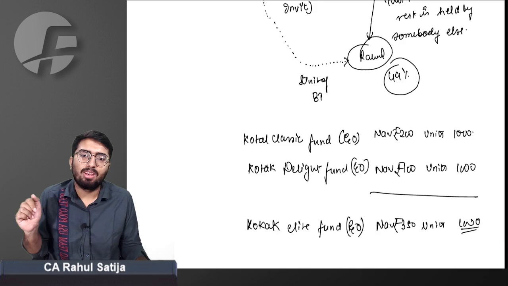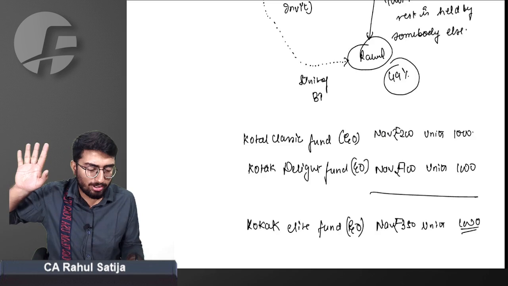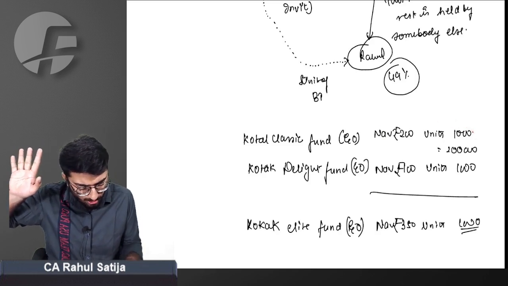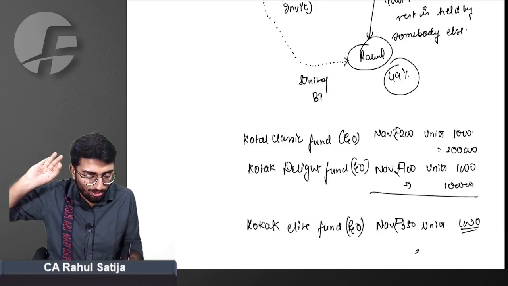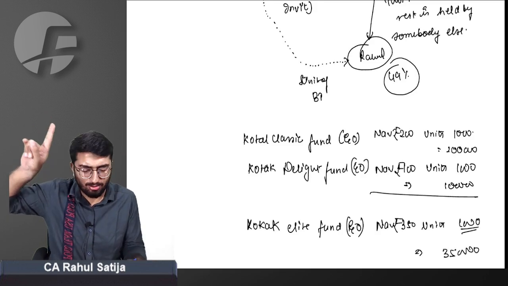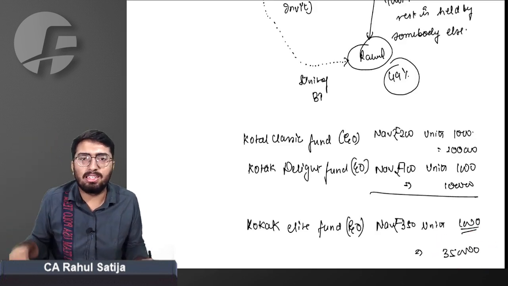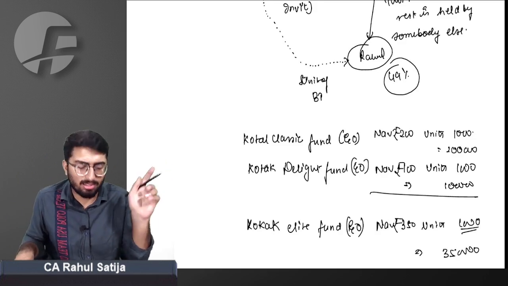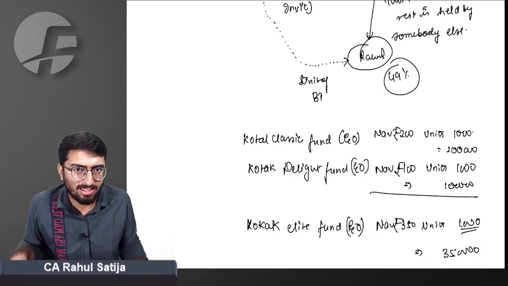and any unit holder holding both the units will get 1000 units. Now, what if Rahul was holding 200 units of 1000 each? That means he was holding units worth rupees 2 lakh. And he was holding units of rupees 1 lakh. Now, in case of this merger, Rahul got a gain of rupees 50,000. Can I say Rahul got a gain of rupees 50,000 because in merging two mutual funds, there was benefit of synergy? Therefore, there was some capital gain arising in the hands of Mr. Rahul. Can I say that?